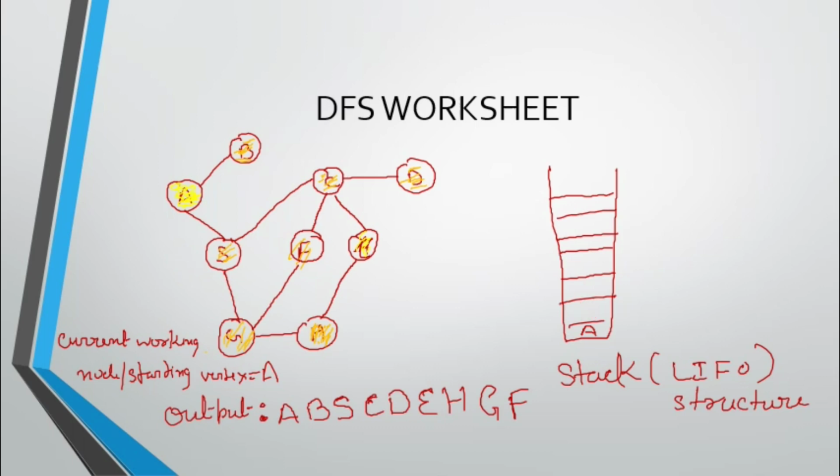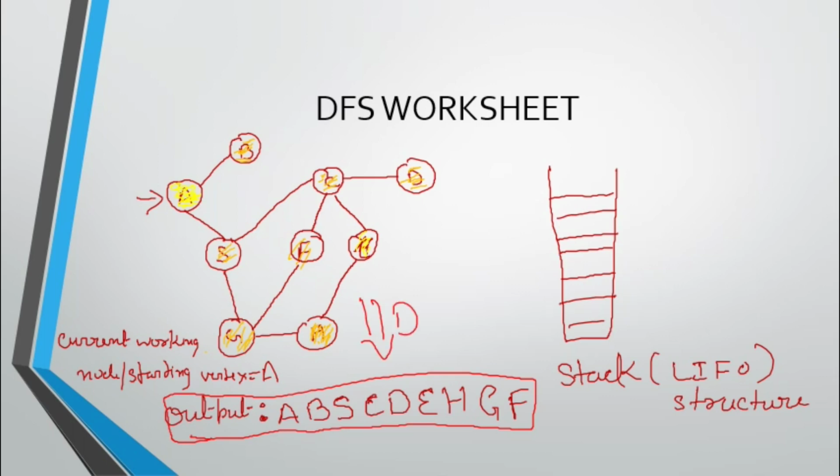So finally you come back once again to where you started, A. You have already visited all other vertices there, so remove A. Once you do that, your stack is empty. When your stack is empty, it signals the algorithm that you have to stop the operation. Whatever output sequence you get now, that is the DFS for the given figure. This is how we work. So the stack is the data structure we use here to find the DFS. Okay, so that is about the DFS.